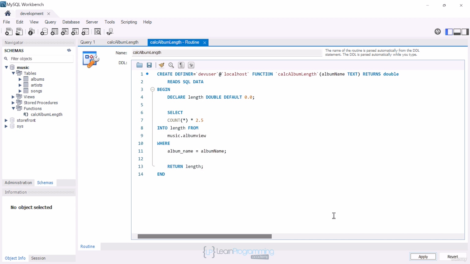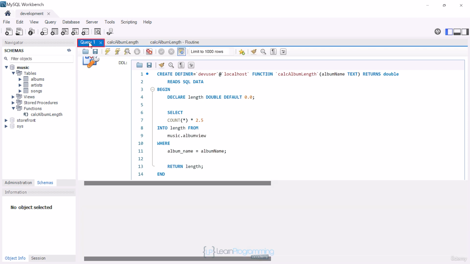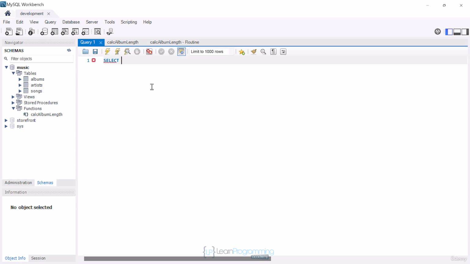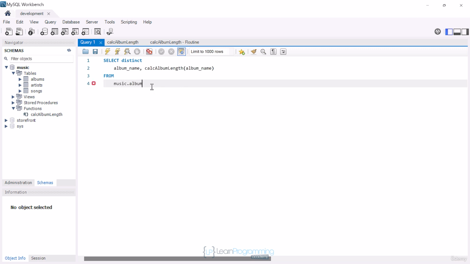What's kind of nice about functions is that we can use them in select statements and where clauses. I'll show you this in the workbench, so I'll open an SQL tab. I'll select the distinct album name just in case this data has duplicates, and now, instead of adding another column name, I can call my function, passing it the album name column name. This means this function will get called for every record with that record's album name to calculate the album length. I'll select from the albums table and order by album name. I'll execute this,